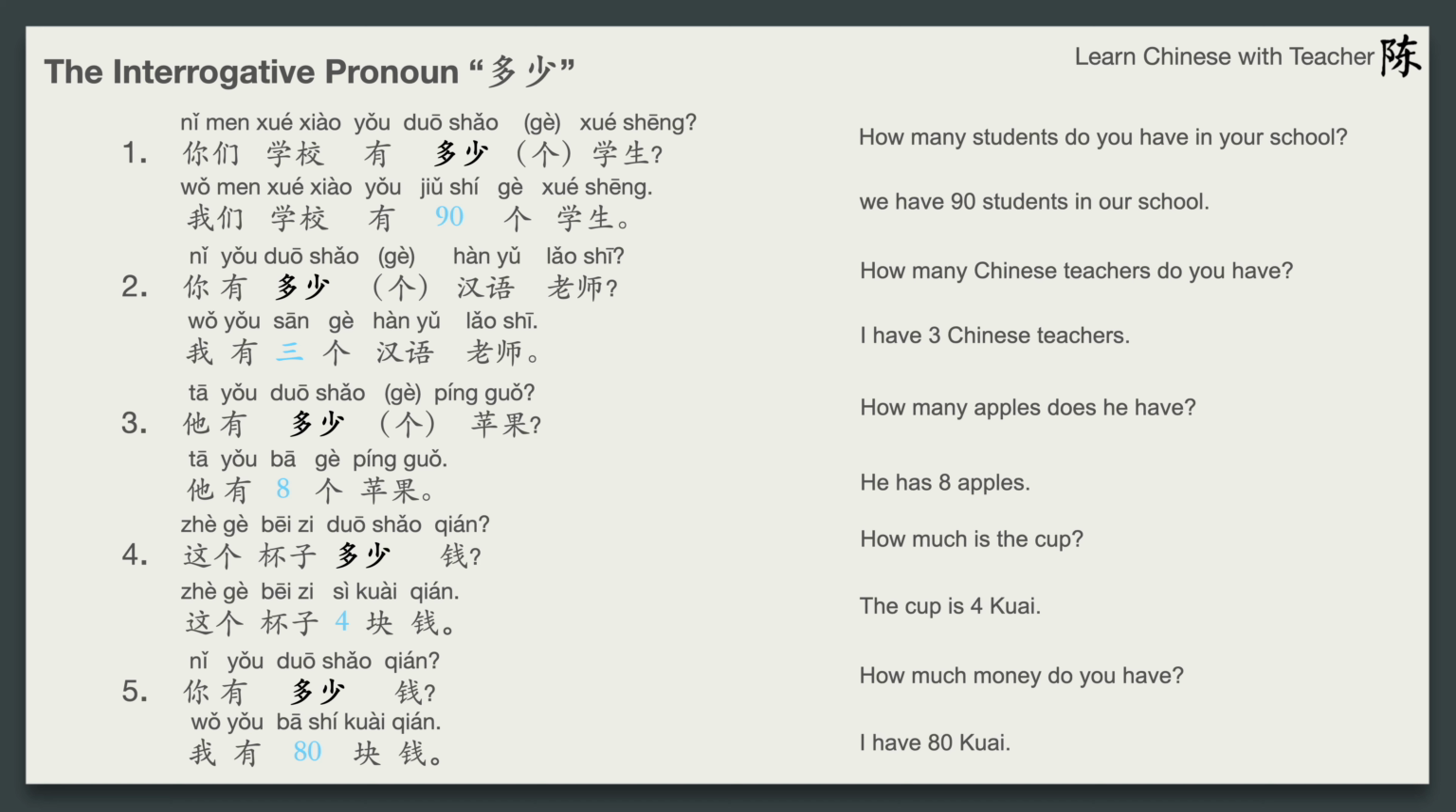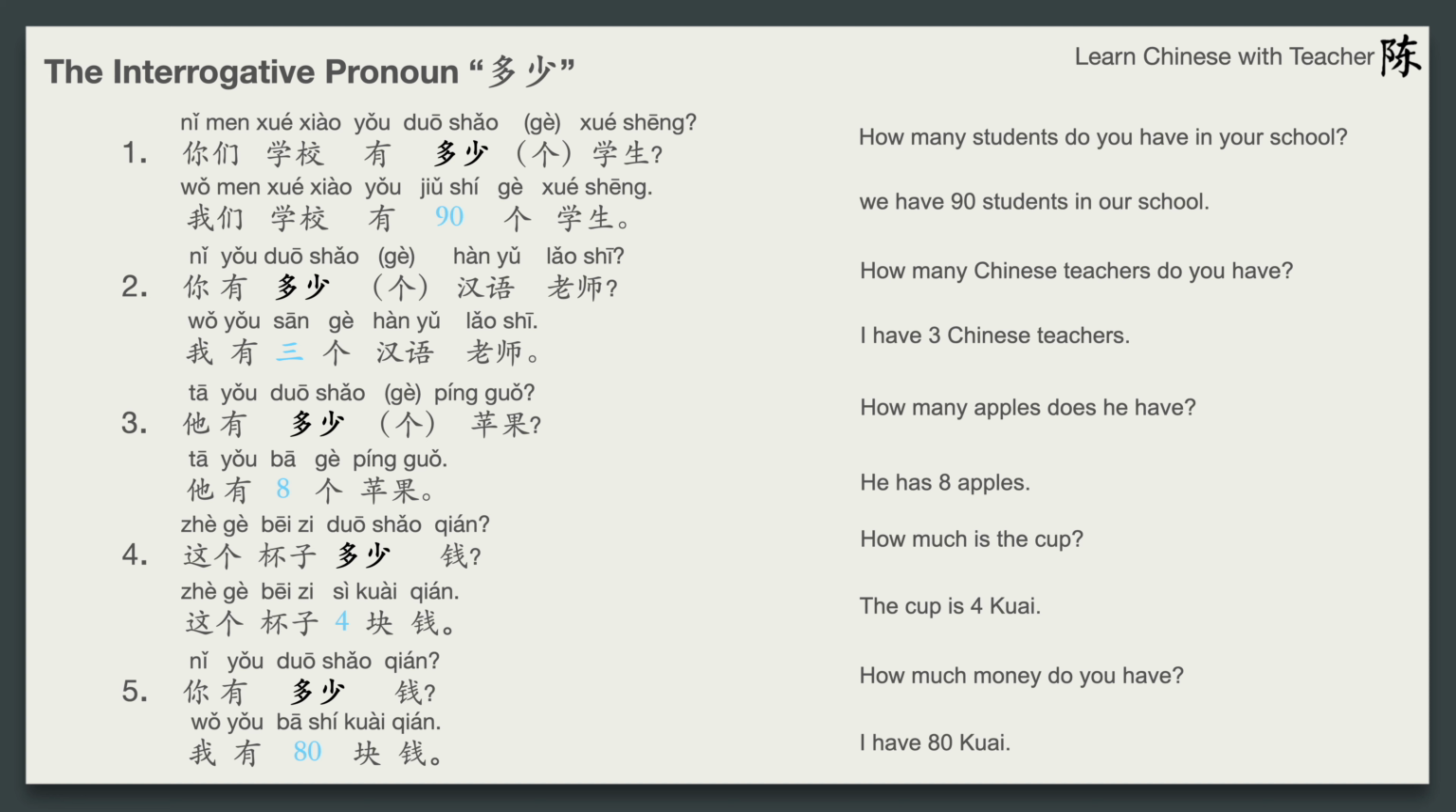The first one, 你们学校有多少学生？The answer, 我们学校有90个学生。The second one, 你有多少汉语老师？The answer, 我有3个汉语老师。The third one, 他有多少苹果？The answer, 他有8个苹果。The fourth one, 这个杯子多少钱？The answer, 这个杯子4块钱。Last one, 你有多少钱？The answer, 我有80块钱。